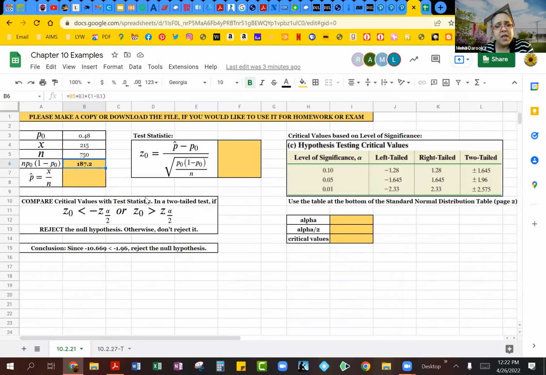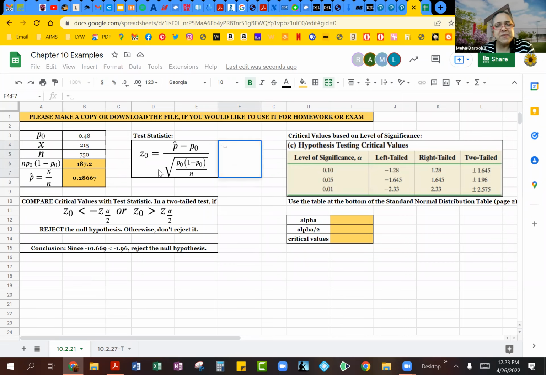Okay, so now we need to calculate what our Z sub 0, or the test statistic value, is going to be. To calculate the test statistic value, we actually do need the P hat, and that's this formula right here in the center. The P hat is the probability based on the recent survey. So that's the 215 divided by the 750. So the new parents, what they felt about the probability, and see how small that number is, 0.28667. So just around 28, 29%, whereas you had 49%. So there's definitely a difference in that probability between 20 years ago and now.